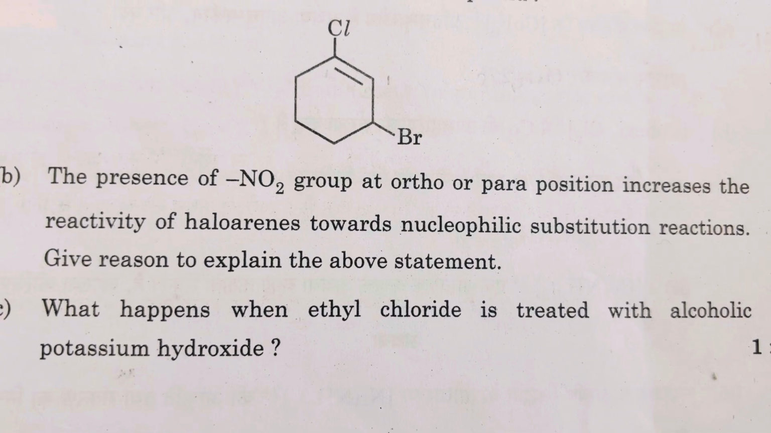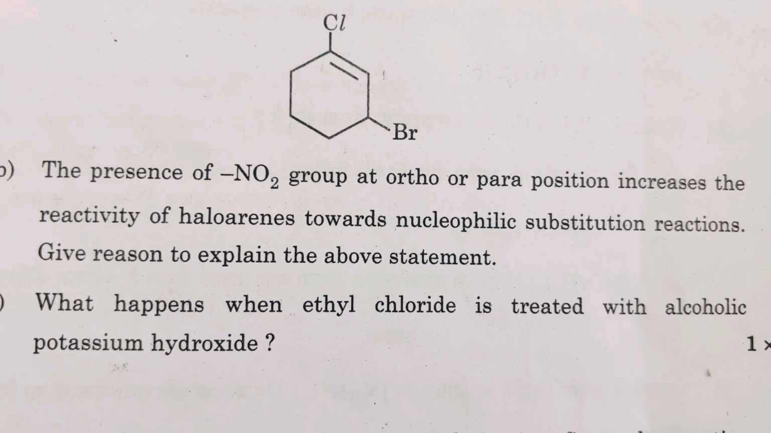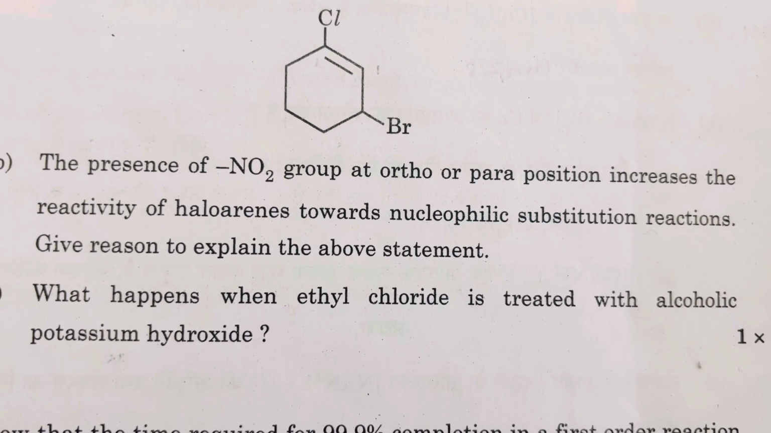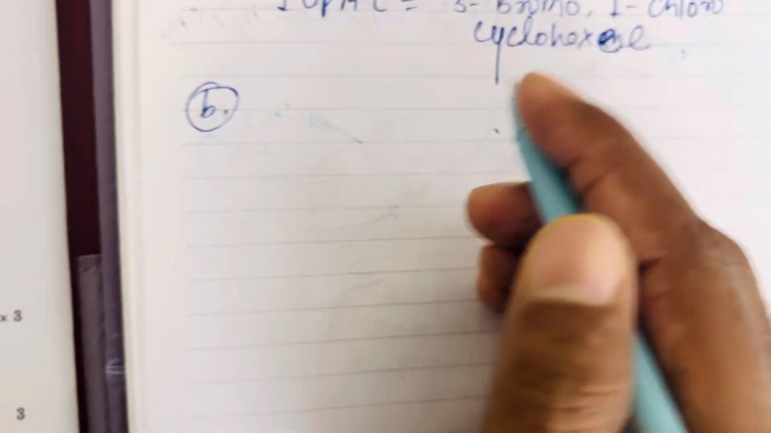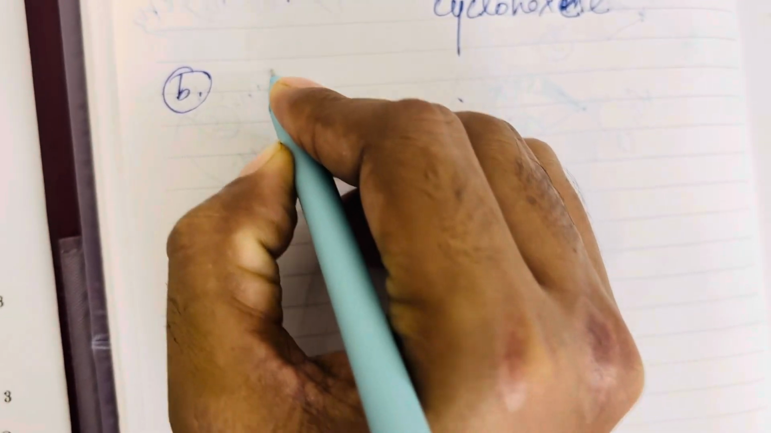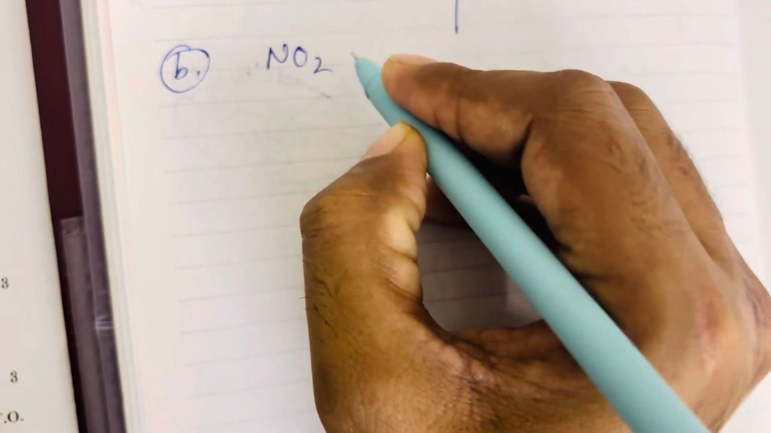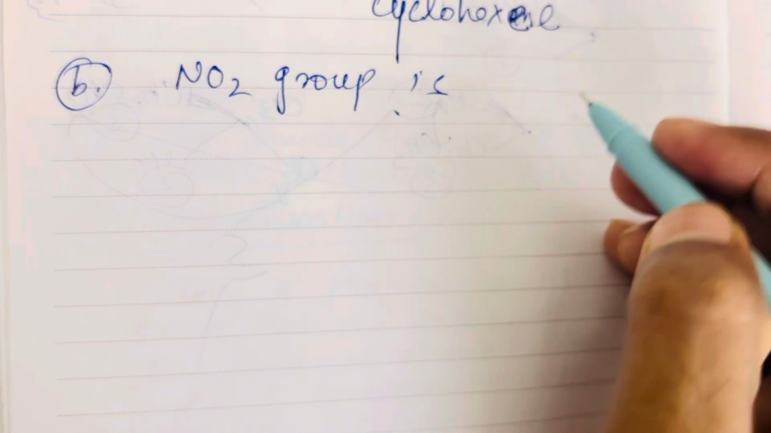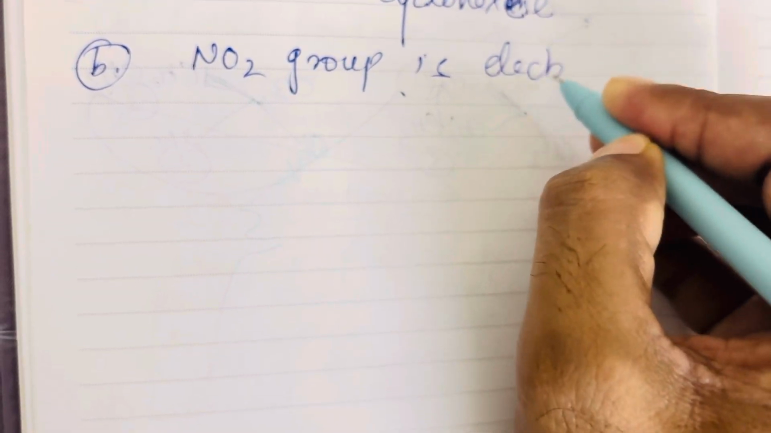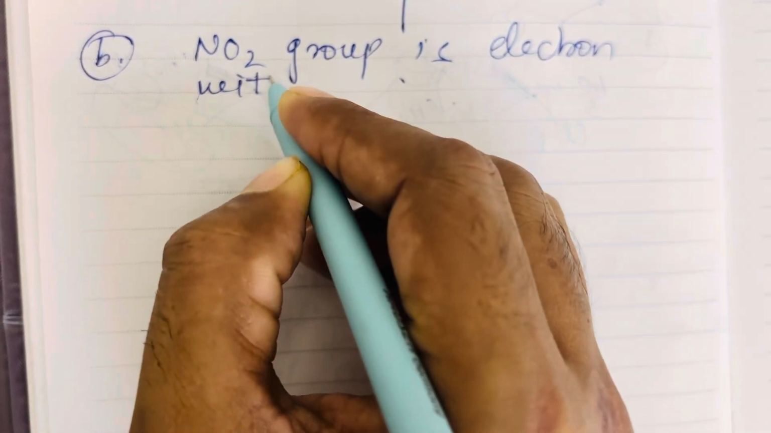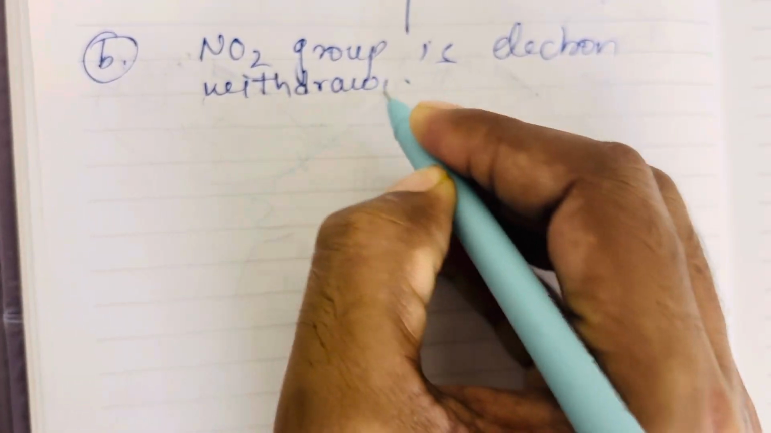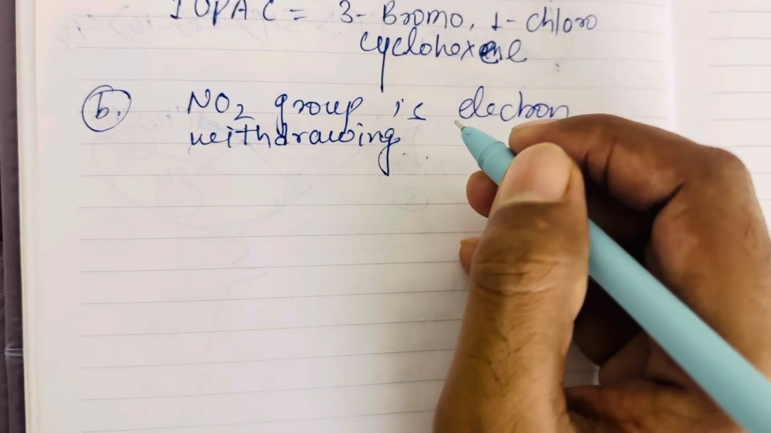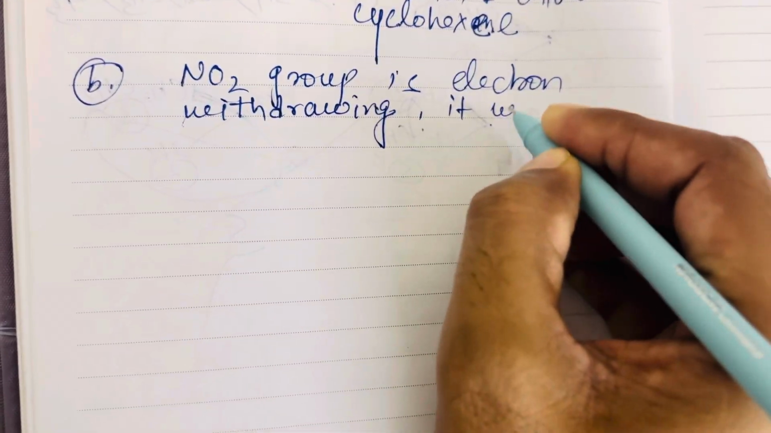The presence of NO2 group at the ortho and para position increases the reactivity of the haloarenes towards the nucleophilic substitution reaction. Give reason. So let's see the answer. Here, in the case of the NO2 group, as we know, NO2 group is an electron withdrawing group. It withdraws the electron